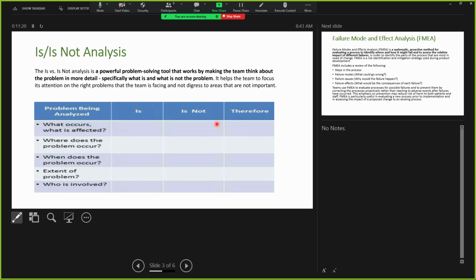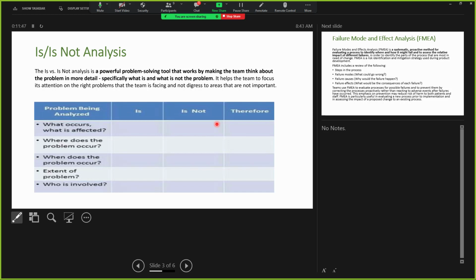The problem we identified is that procurement did not order on time. So focusing on procurement is the problem. Printing and delivering take exactly the amount of time that we have scheduled. So to identify the non-problematic areas and the problematic area, what helps here is the Is and Is Not